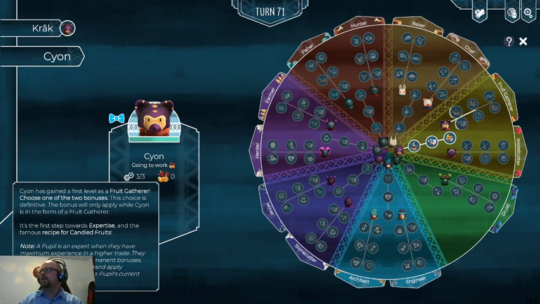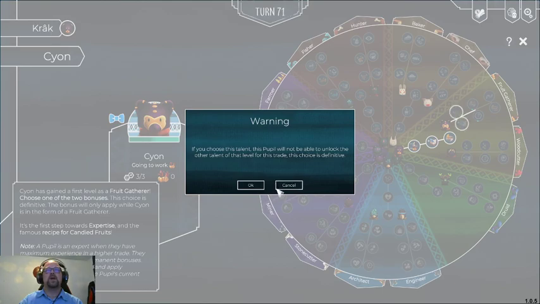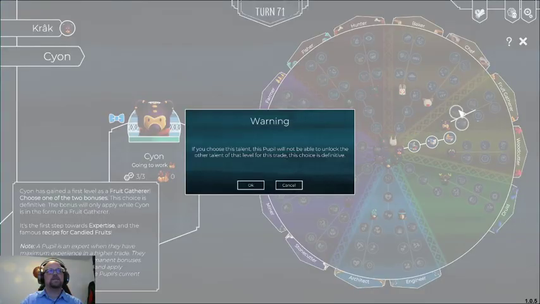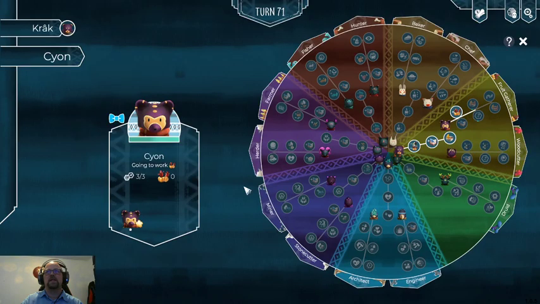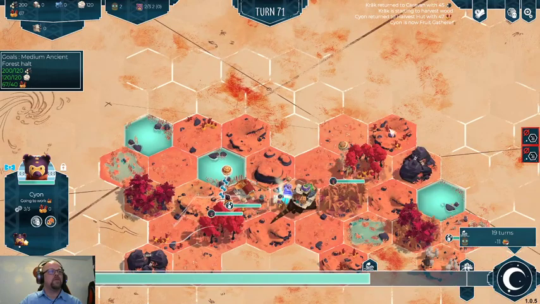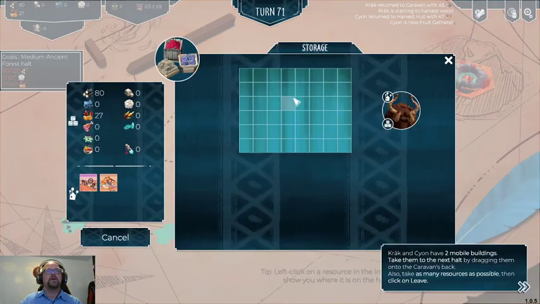Alright, let's... Okay. Got that. Pupil's an expert when they have maximum experience in a higher trade. They can choose one of... Yeah, right. So we want the... Let's see. Our options are 15 pepkins per harvest cycle or 25 book per harvest cycle. I don't know what the book is, but we're going to become a fruit gatherer since, you know, story's kind of taken us that way. Close this up. There's now a fruit gatherer. So I'm hopeful that now it's going to let us